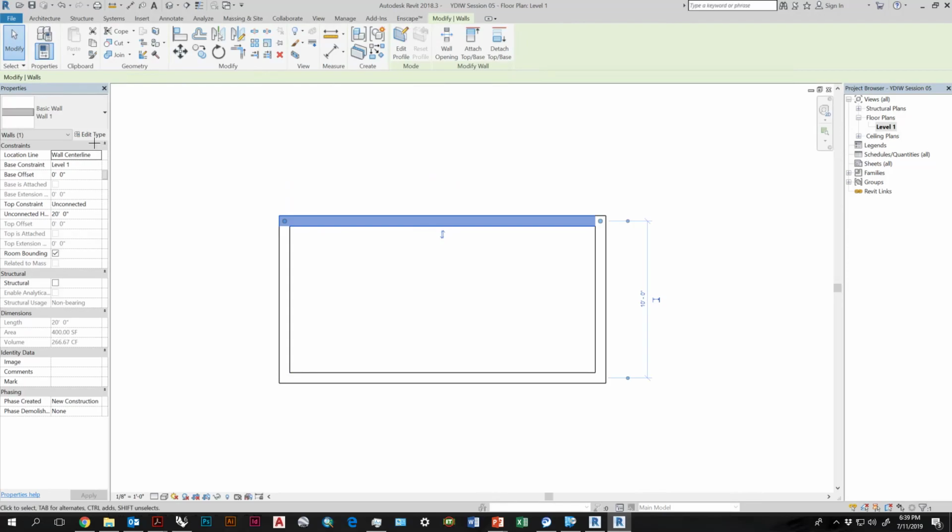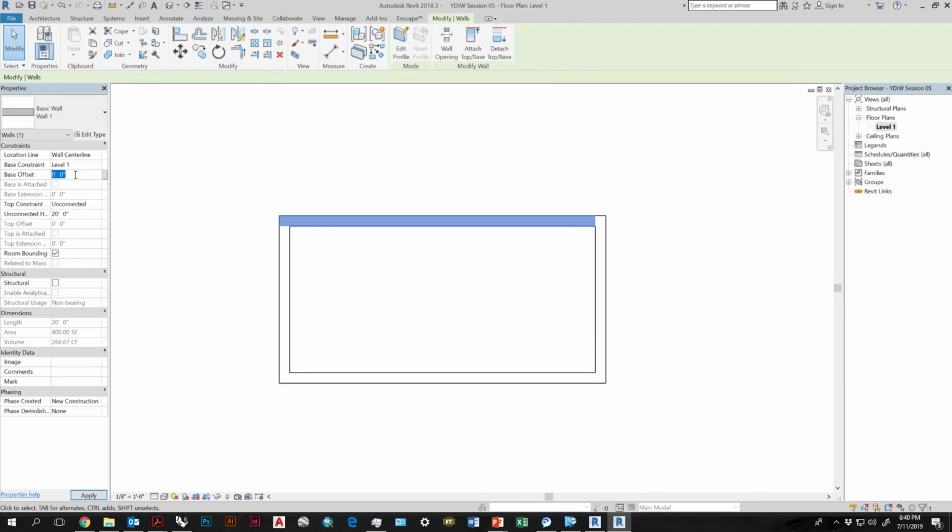Now if I click on a wall, I can see its settings. Right now its base constraint, which is the bottom part of the wall, is set to level 1. But there are no other levels in this model yet, so its top constraint is just set to unconnected, at a height of 20 feet. If I want to set that to a level that already exists, I can change it from unconnected to a level, but I don't have any created yet, so I'll leave that unconnected at 20 feet for now.